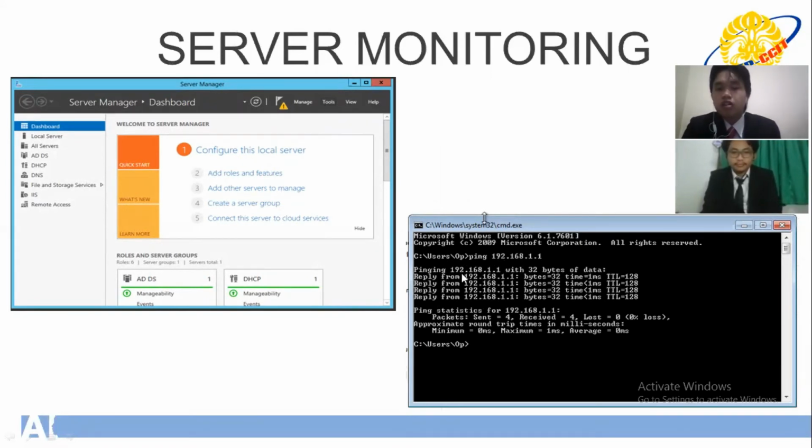We got the connection from our host to our client. As you can see, the packets were sent with no loss. Because of this connection, we can share our folders and we can do server and hosting.